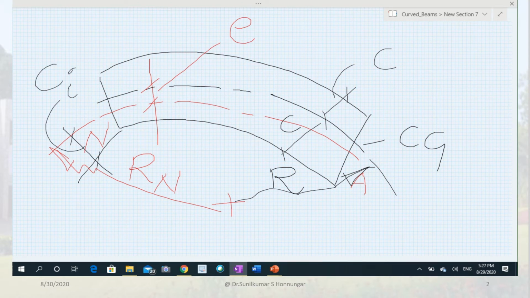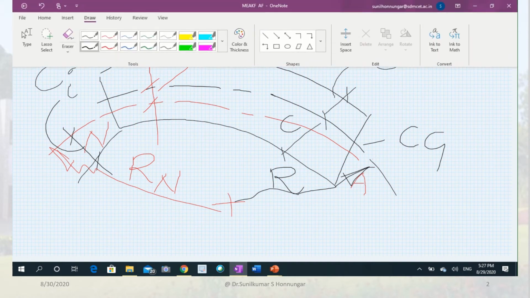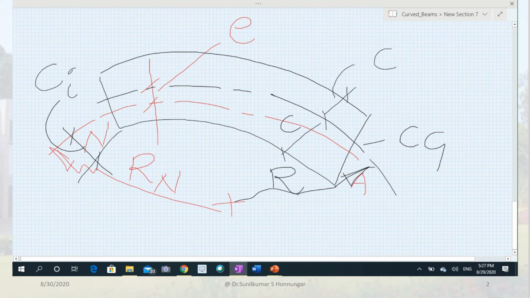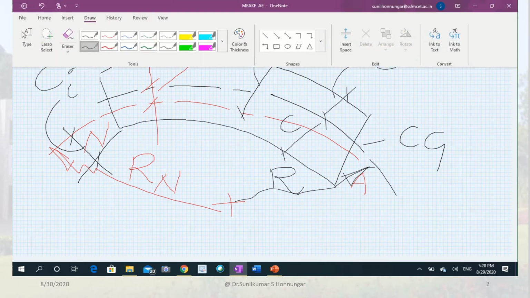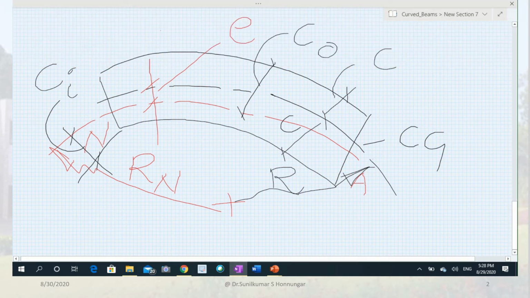The difference between the neutral axis and the inner fiber is CI, and for CO I will be using I and O, but in your data book while solving you may get a little irritated because they have used C1, C2, so one and the same. I think we will just check. So this is going to be CO. That is the outer fiber and the neutral axis, that is CO.